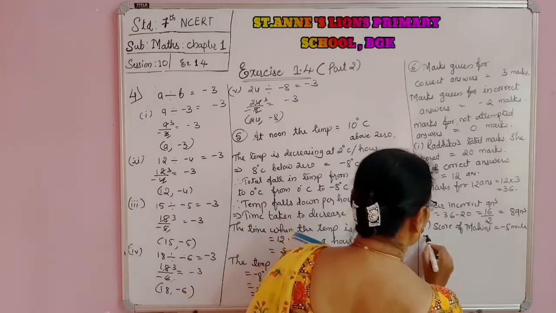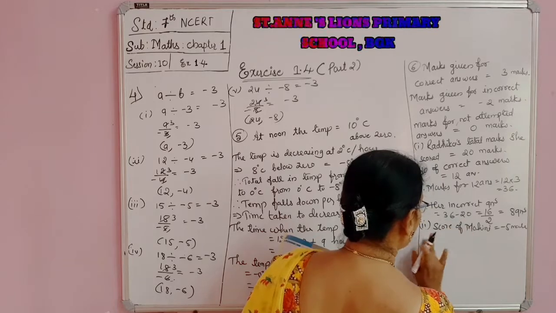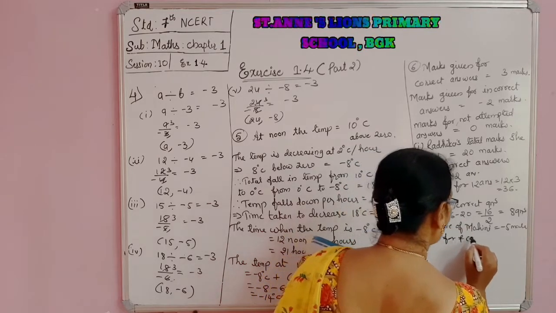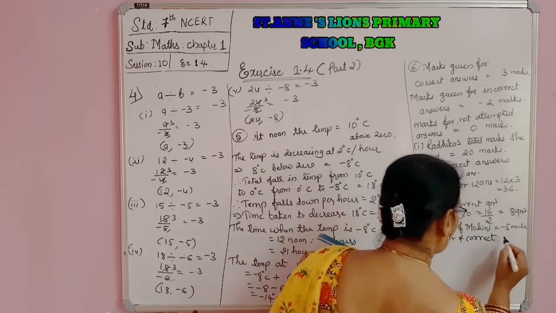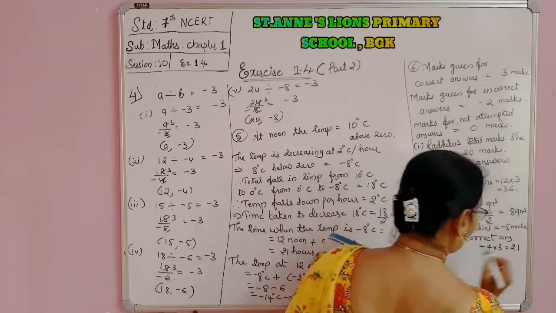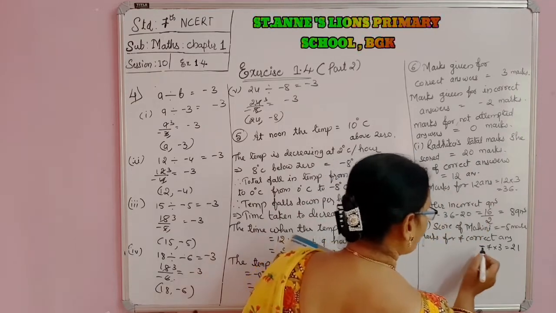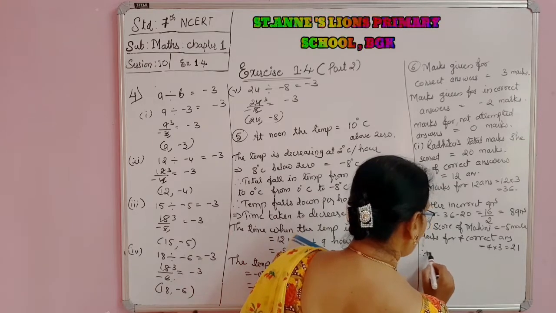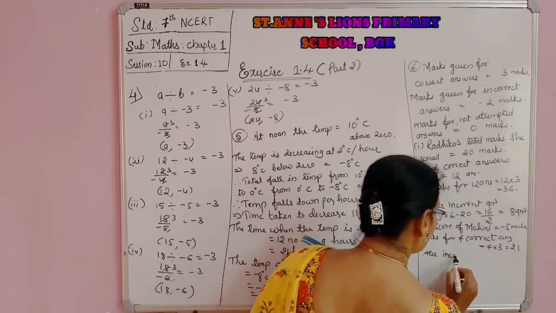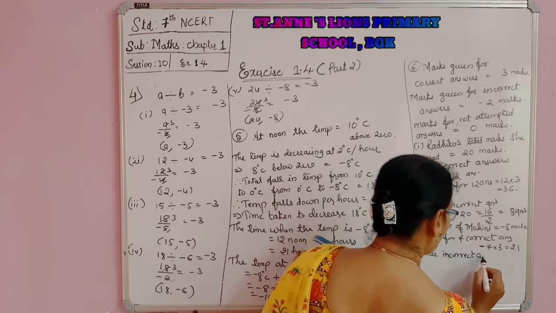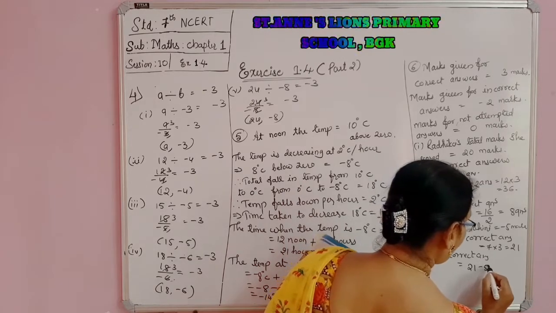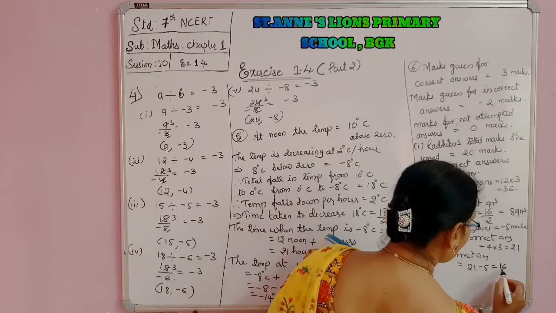See here, marks for 7 correct answers is 7 into 3, that is 21. Then therefore her incorrect answers is 21 minus 5, which is 16, divided by